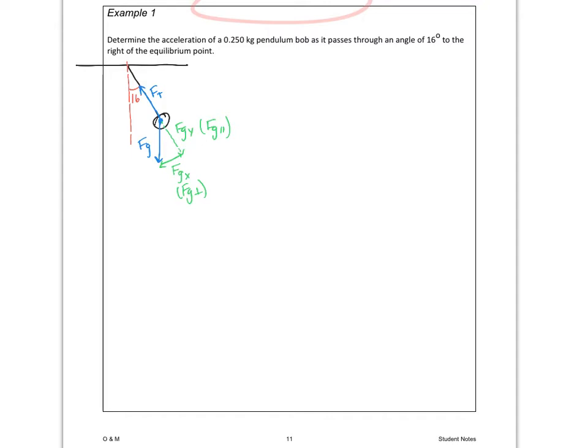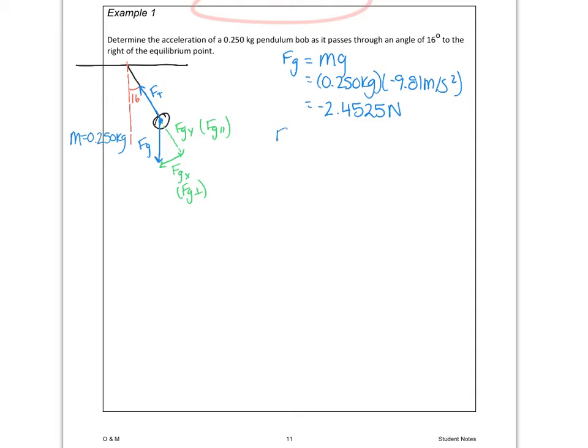Okay, so we can find Fg. So let's solve for Fg. The mass is 0.250 kilograms, so mg, and I got negative 2.4525 newtons. So if we want to solve for Fg, I called it parallel in my notes, so I'll go with that. That would be